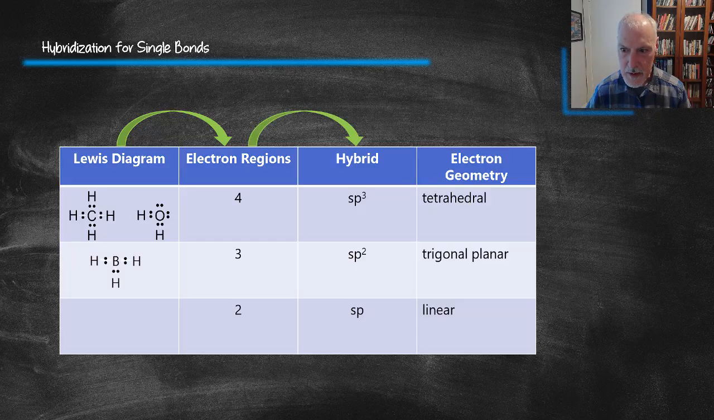In my next case, boron trihydride has 3 electron regions. That then demands the formation of an sp2 hybrid, trigonal planar. And in our final example, beryllium dihydride, that has 2 electron regions. 2 electron regions will always require a linear